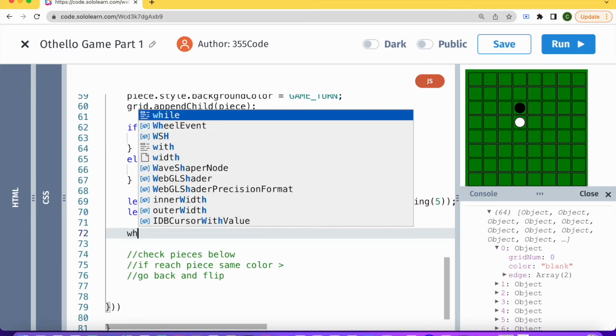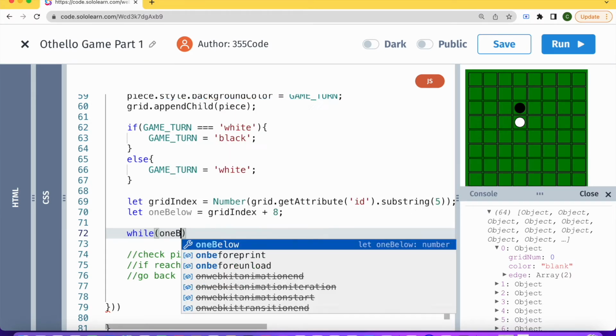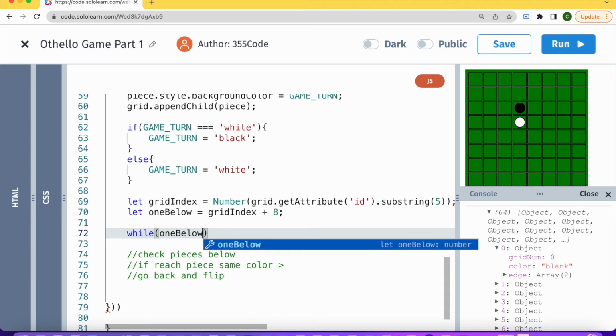So basically I'm going to use a while loop, and what we're going to want to do, as we said, is if the one right below it is not the same color and not blank, then we're going to want to keep on checking down and down. Okay, so while one below,